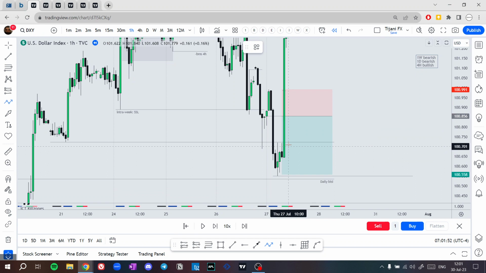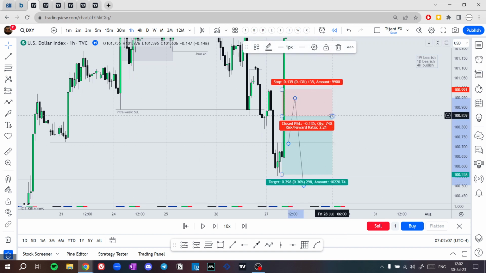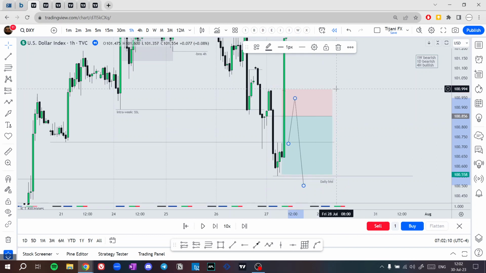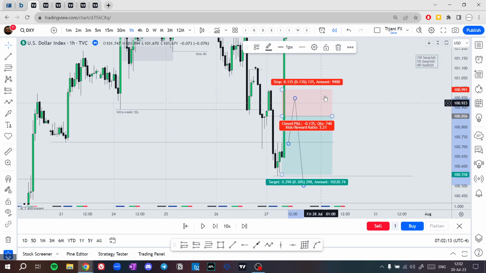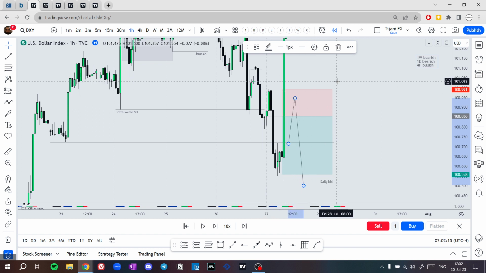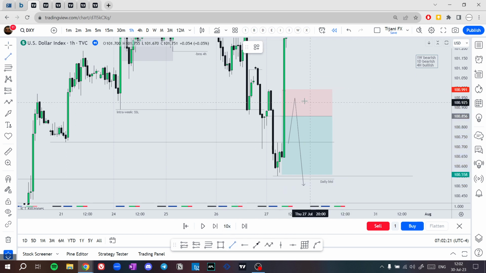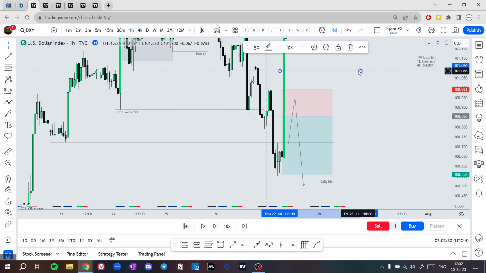So let's assume another example: what if price goes to this point then drops lower? Price could do that, going to this order block, almost taking you out, but then dropping lower. You would see this on TradingView, but your broker is going to check you out. Even if price doesn't check you out on TradingView, the broker will, because of the slippage during that time. Sometimes even if you have your stop loss here, because of slippage, the order is triggered here,